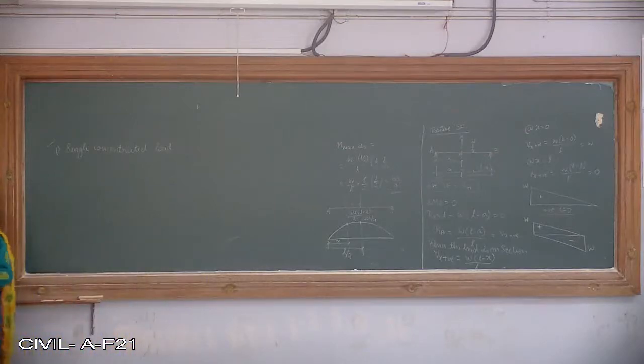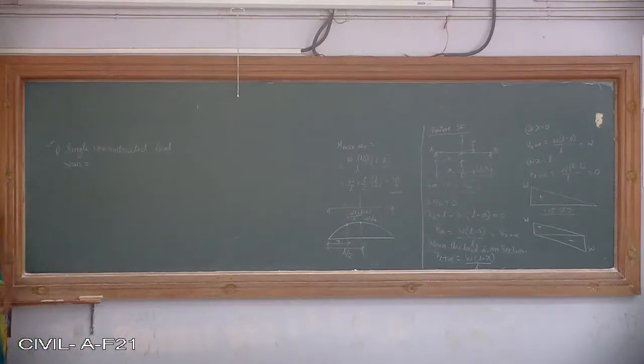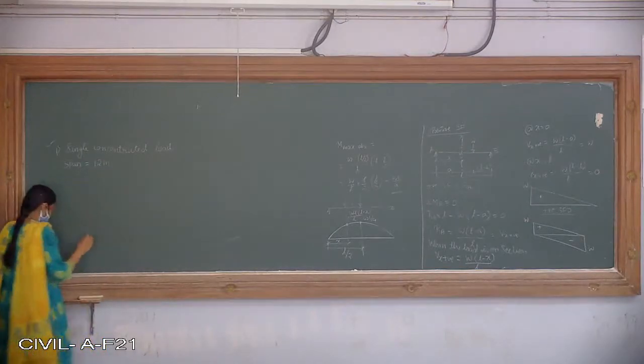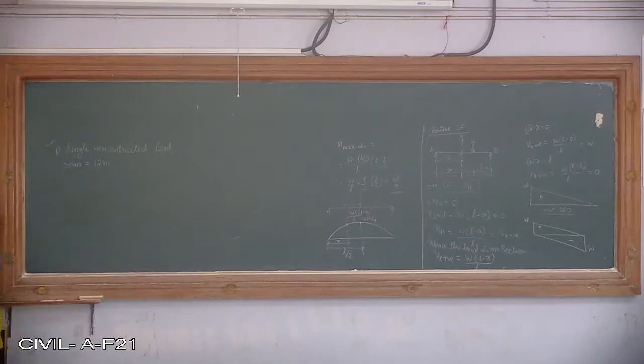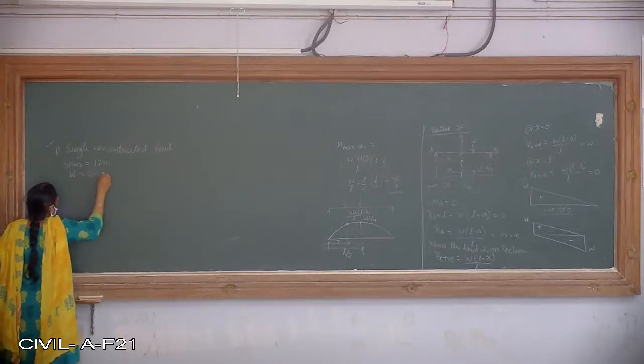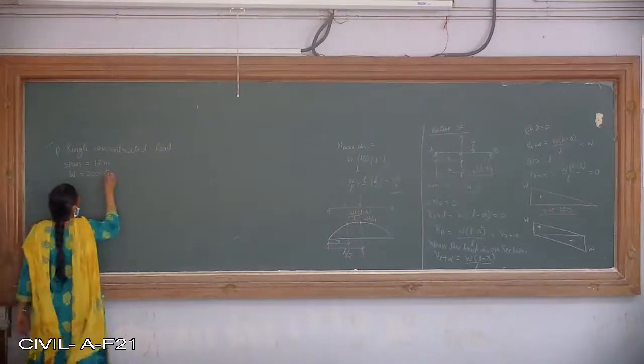Okay, I will consider one point load, say around 200 kilonewton load. So a simply supported beam, span of beam is 12 meters. Load W is 200 kilonewton point load. That is the wheel load which is moving from one end to the other end of the span of the girder. So find the maximum bending moment which can occur at 4 meters. Okay, kilonewtons this is.